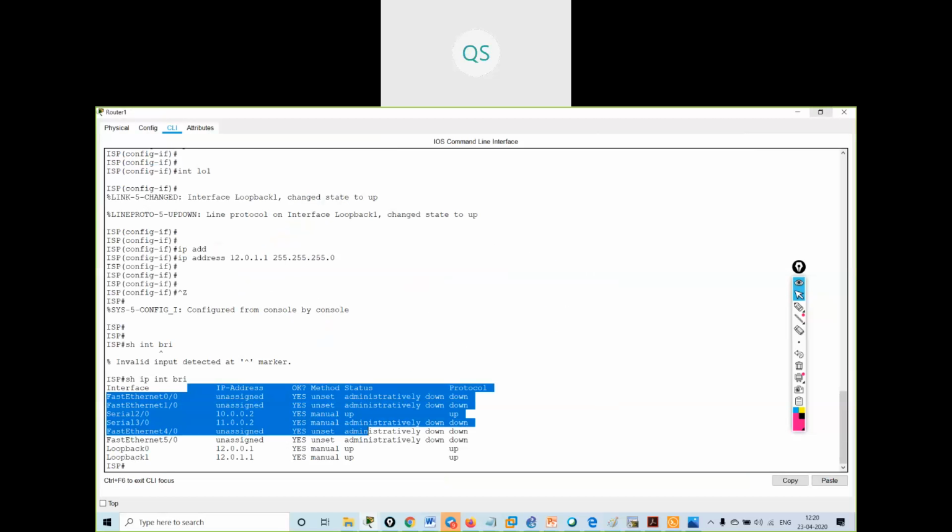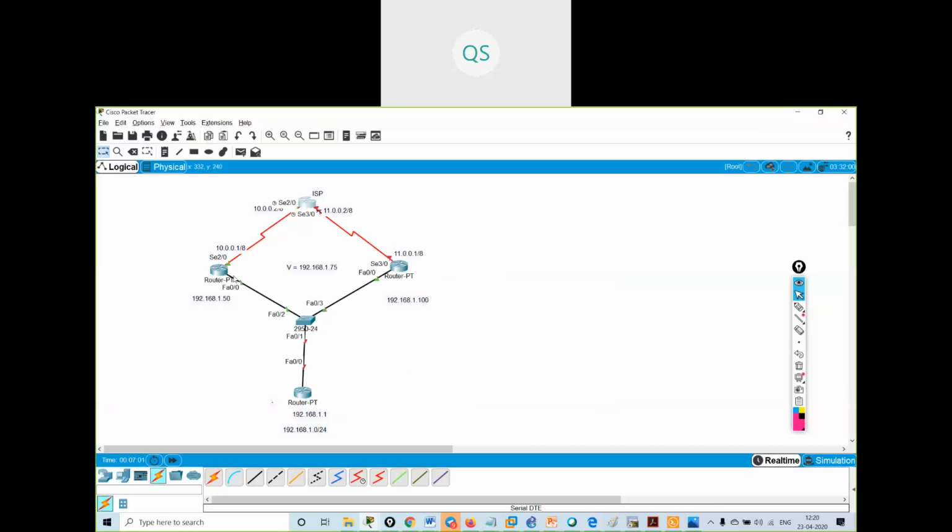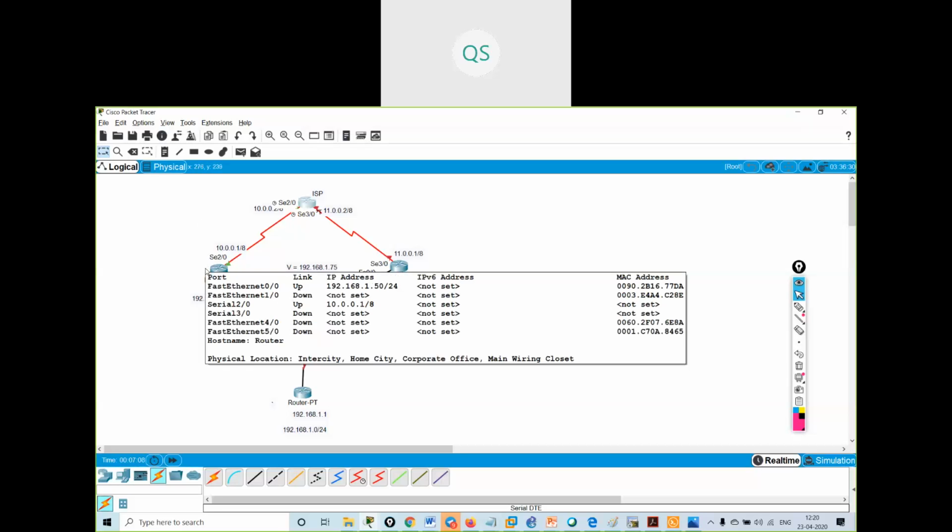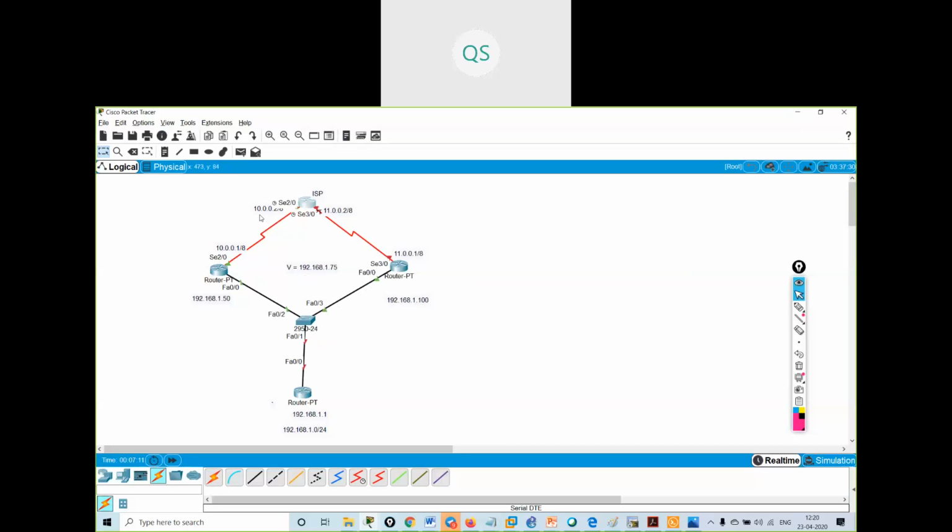Now I will configure a default route. These are my LAN networks. If anyone wants to go to the internet, I will give a default route, 0.0.0.0, and the next hop address is 10.0.0.2. Over here, anyone wanting to go to the ISP, 11.0.0.2 will be my next hop address. Correct? Understood.